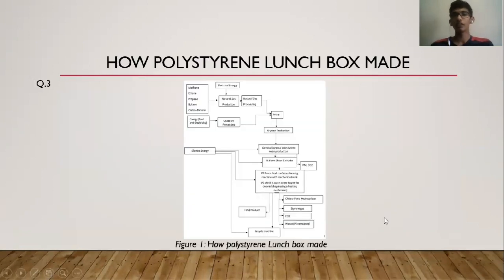So we are moving to the part where this is the flow chart of the manufacturing process of polystyrene. Here we put in the raw materials, then the manufacturing and machinery processes, and we get the final product. We also get byproducts such as chlorofluorocarbon, hydrocarbon, which is toxic, and styrene gas, CO2. These are very toxic gases if exposed to the environment without any filtration or reduction.